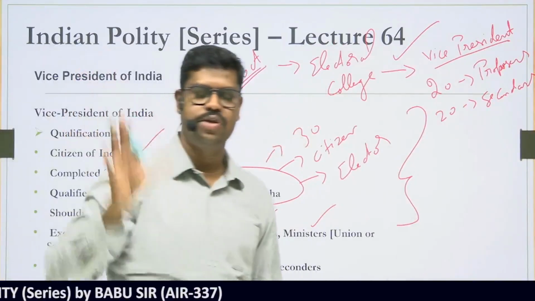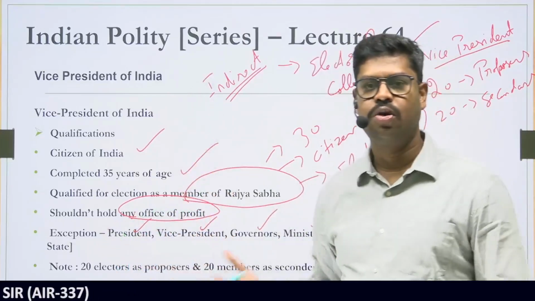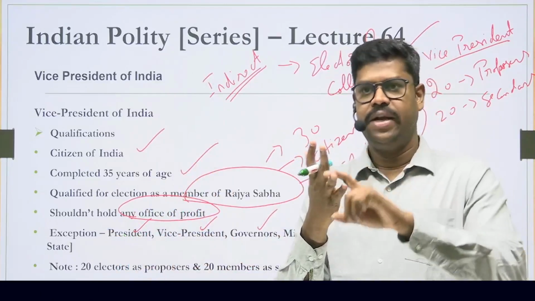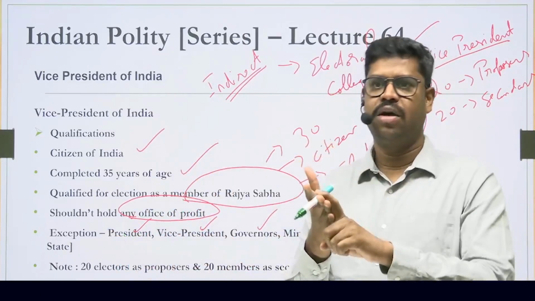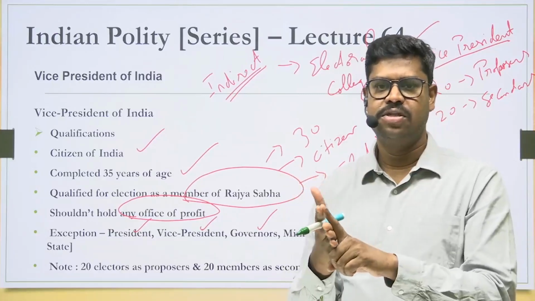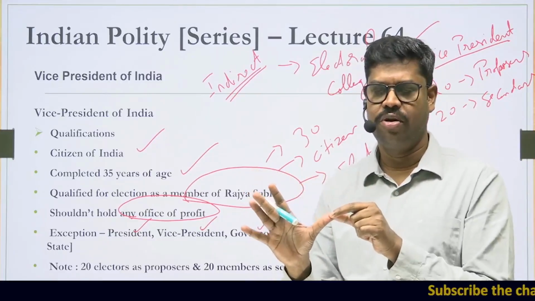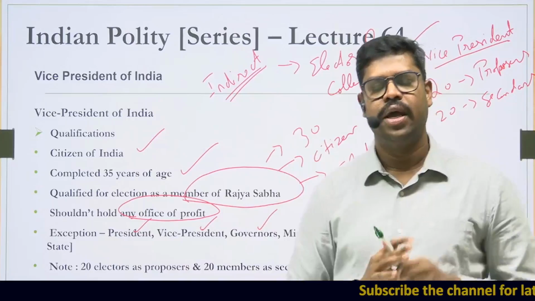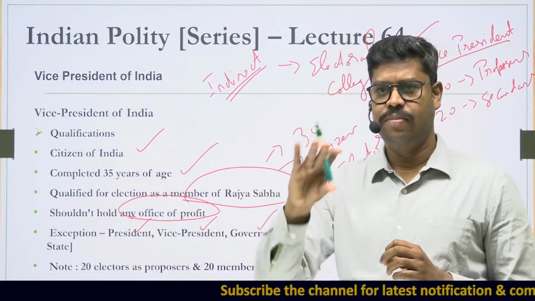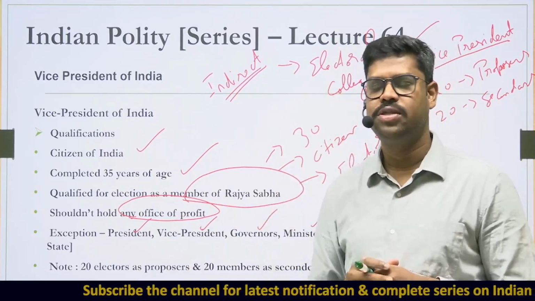That's basically what is called qualification. So qualification itself is a very important topic. So what are the qualifications? One should be a citizen of India, completed 35 years of age, should be an elector from any constituency in India, and then any other criteria which is put forward by the law made by the parliament, and apart from that should not hold an office of profit. Although there are certain exceptions as to what is office of profit, and apart from that, the name of the candidate has to be supported by 20 members from the electoral college as proposers and 20 members from the electoral college as seconders.